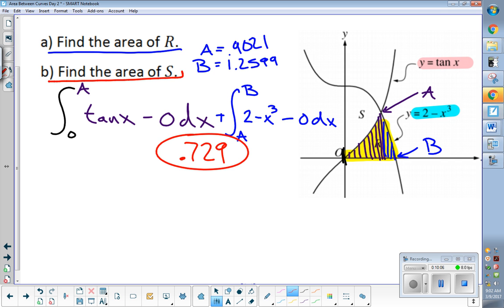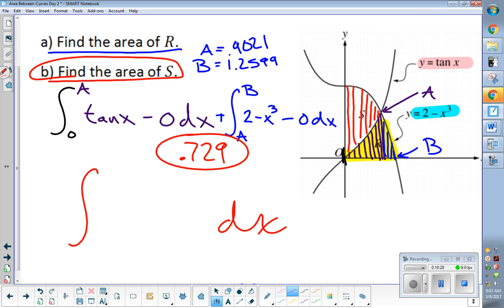Part B says find the area of S, so we're finding this area right here. We're going top line to bottom, okay? So top to bottom, top to bottom, top to bottom. Did it ever change throughout that whole thing? No, it was always the same top and bottom. When did I start? This is a dx problem. We already had made that decision. It's a dx problem. So I want x values from 0